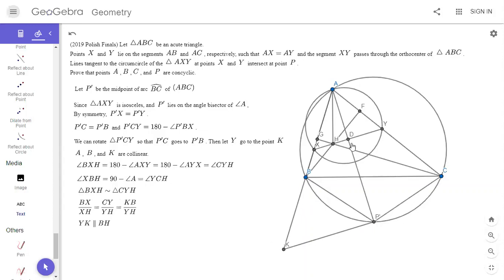So we have KX over KY is BX over XH. So KX is KB plus BX, which is the same as CY plus BX. Okay, so